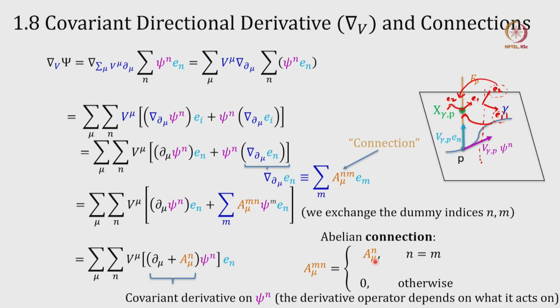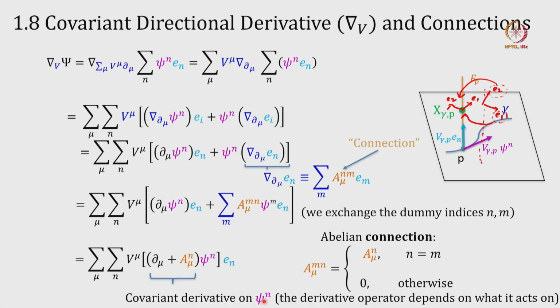So, it is only finite when n equals m. So, only the diagonal terms, otherwise the off-diagonal terms are 0. So, that makes things simpler. So, what we will do is that now you have only a delta mn. So, that means only the nth component survives. So, we can now combine all these things, taking the n summation outside. So, we will have this term plus this term, and I can take these two terms out, the psi becomes common. So, I will have delta mu plus A mu for n, and this entire thing we call the covariant derivative